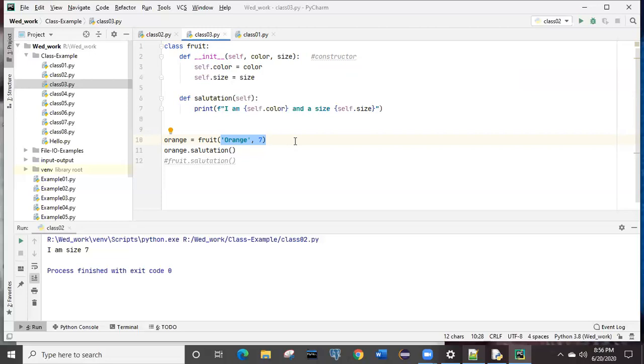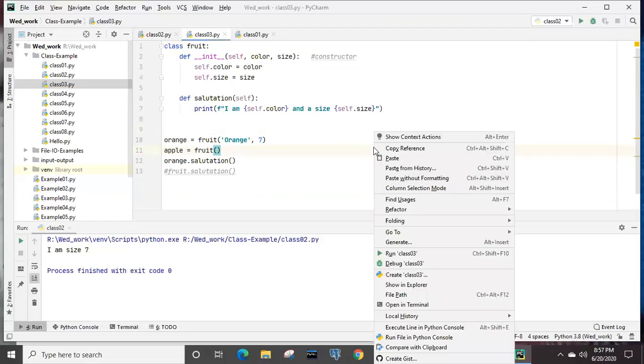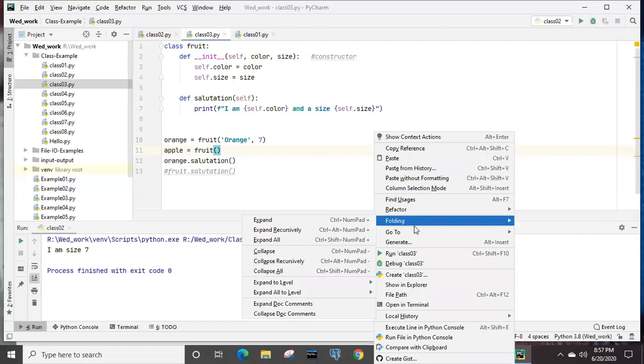Let me write that also. If I'm creating an object which is known as apple, I have to write like this, fruit. If you are writing directly like this, what is it saying? Let me execute this one without any argument for the apple, and you will see what value is coming.